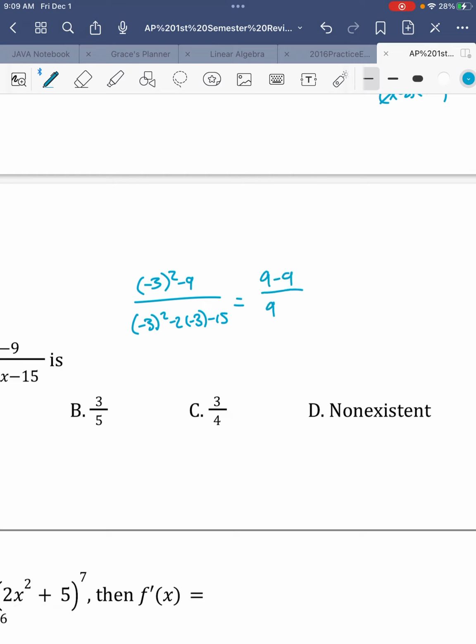Negative 3 squared is 9. Negative 2 times negative 3 is positive 6, minus 15. 9 minus 9 is 0. 9 plus 6 is 15. 15 minus 15 is 0. So we get 0 over 0, which is what we call